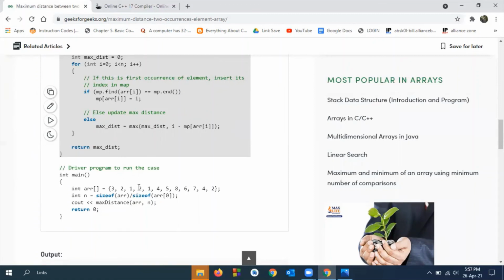Now once we come across 2 again, we check whether 2 is present in the map or not. Since 2 is already present, we subtract the present index value of 2 from the already stored index value of 2 and get the difference, and then take the max.